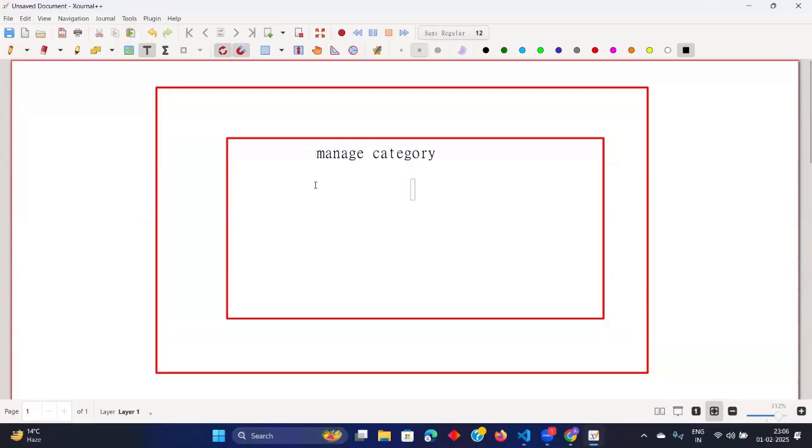Okay, and then after manage category, what we do is we will have action, and in this action, we write a drop down. In this drop down, we will have, let's say, either create, update, or delete. And then based on that action which we are selecting, if I am selecting here create, okay, then if I